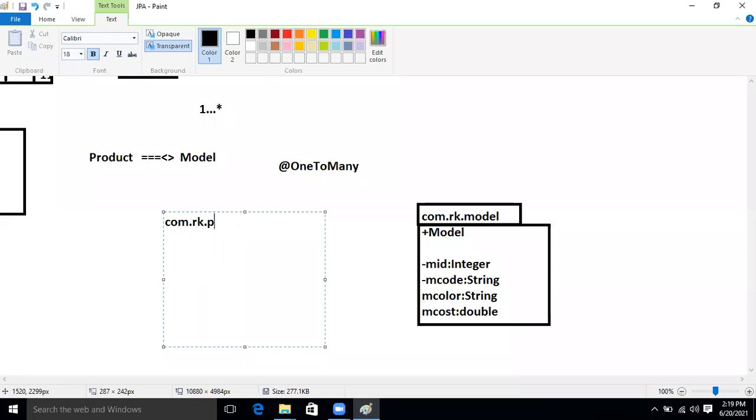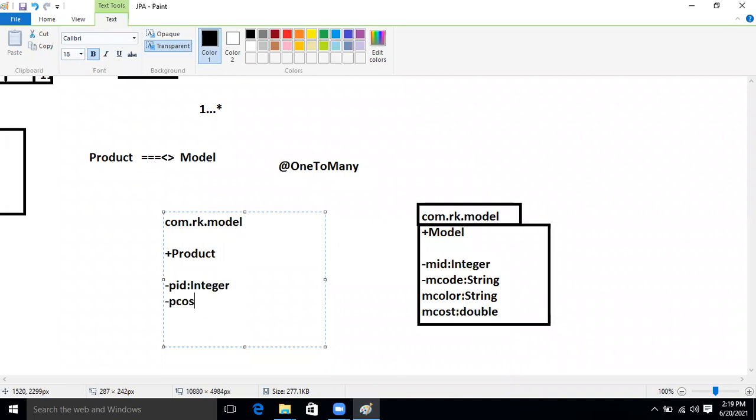I take the package name as model only. Okay, good. Another one is public class Product. The class name is this one only. PID colon integer, okay, good.